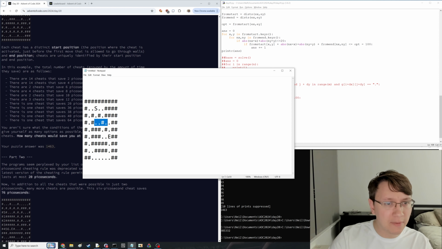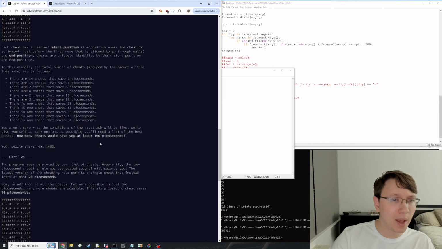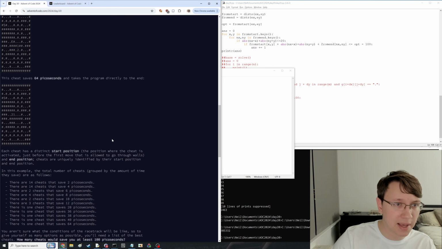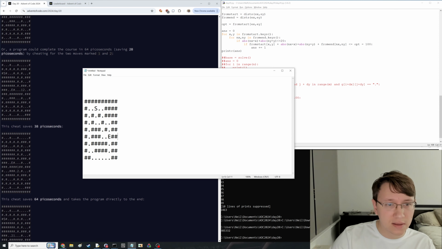But however you take the cheat here, it is better. Does this count as one cheat or more than one? My code certainly would have counted it as one. I'm not sure what they wanted it to count as. And I don't know if it really matters if their grid doesn't have diagonal-ish walls, that's not really the right way of saying that, but as long as it doesn't have patterns like this, I think it's fine to not worry about this. No, that's actually not true,